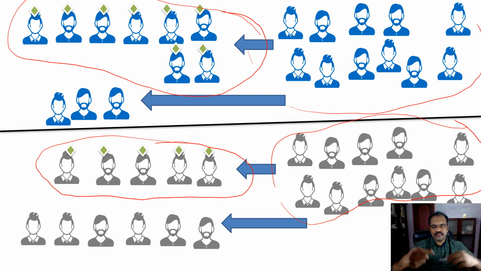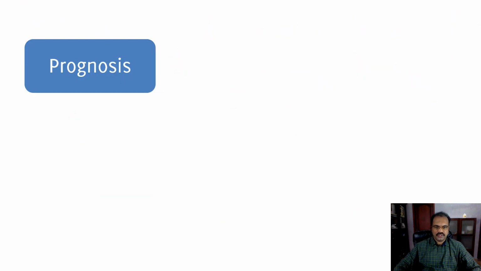So then comparing these two rates using various statistical methods, you can see whether the history of depression is actually a risk factor for development of ischemic heart disease. So this is how the authors should be doing if they are using a case control design to find out risk factors.